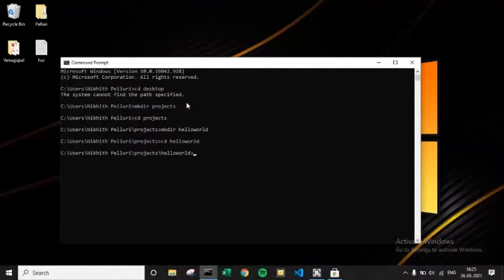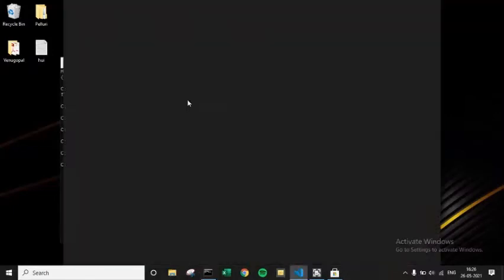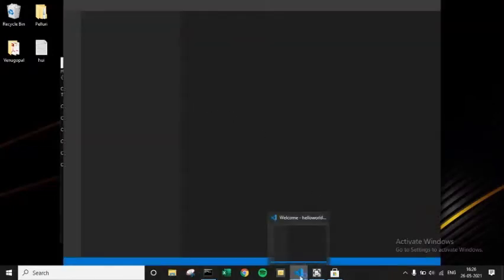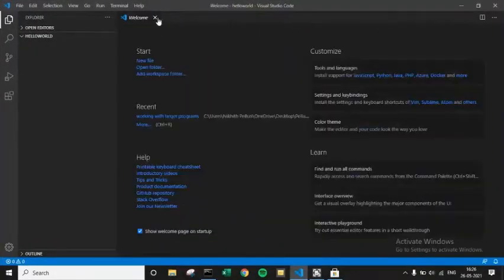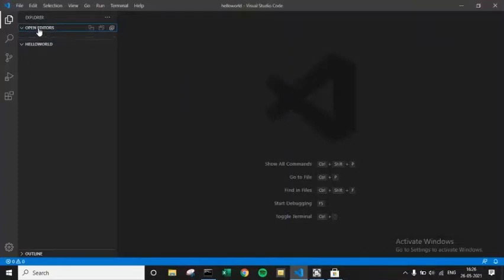And now I'm going to open up the workspace of this folder through Visual Studio Code. How? Just type in code dot. This will create a workspace. Hello world. As you see, there are no files here. This is where the files get displayed in Visual Studio Code.